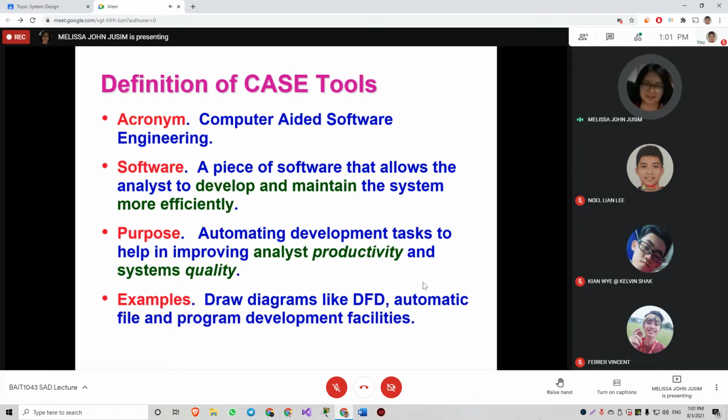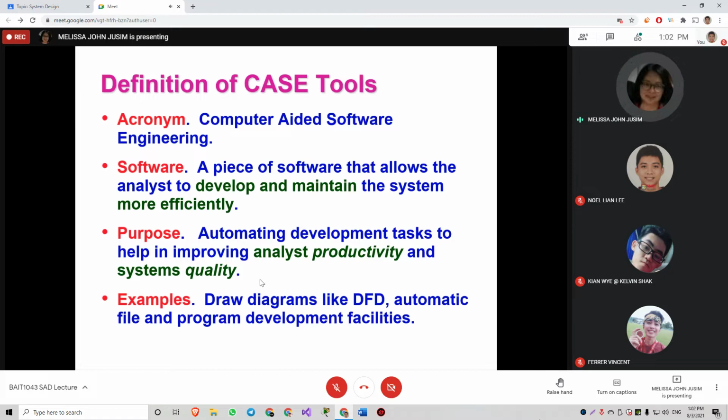We look at what things can be automated, as the purpose of the CASE tool is to improve the productivity of the programmer or the SA. If the SA is also doing the programming, then we look at the SA's productivity as well.